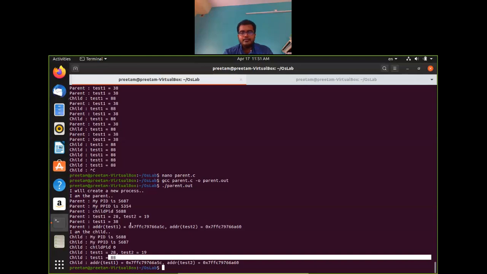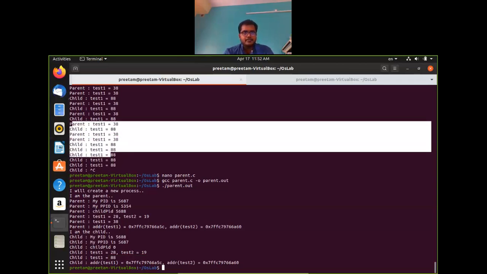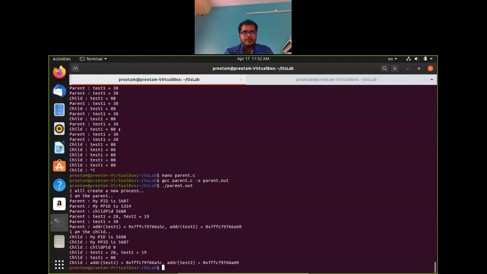And then we also see that these two are different memory locations, and that's why whichever value we are assigning in parent and in child, they are not overwritten, they are persistent, right? So the value 88 is persistent in child, and value 38 is persistent in parent, right? So that's why whenever I am running these values in infinite loop, they are giving two different values.